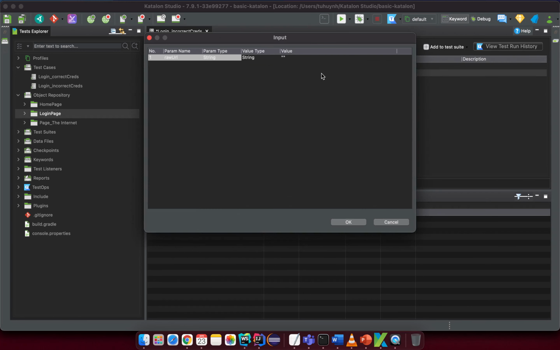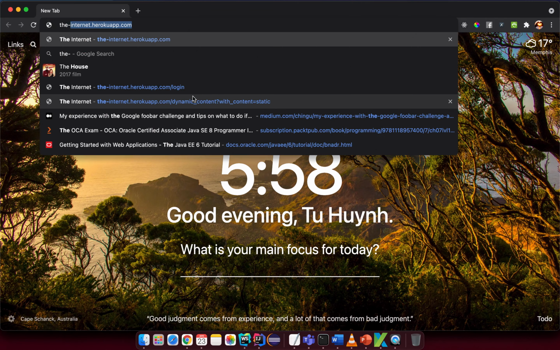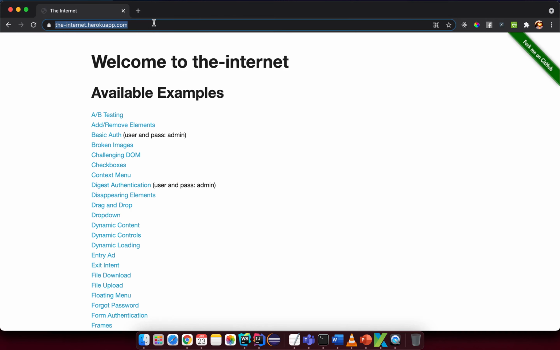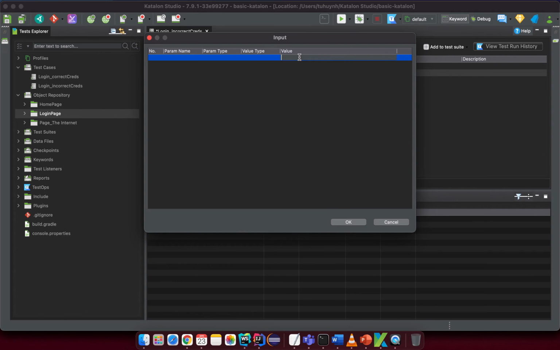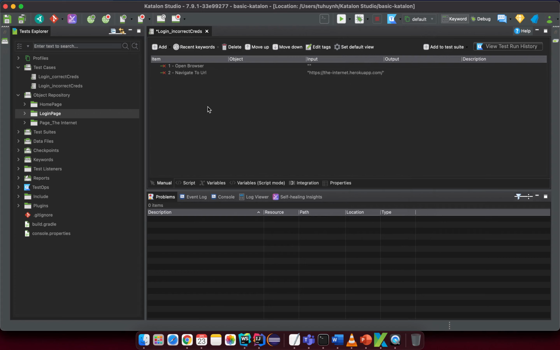want to input a string here with the value. Let me try to copy the value. This is the one, and I put it here. Just hit on the OK button. Click outside. So open browser, navigate to URL, and now the next step, I want to do something like click,